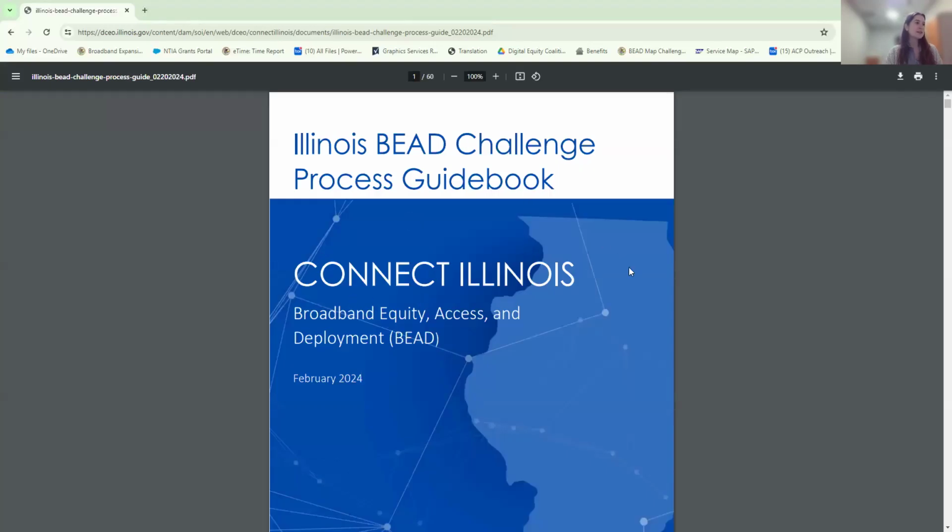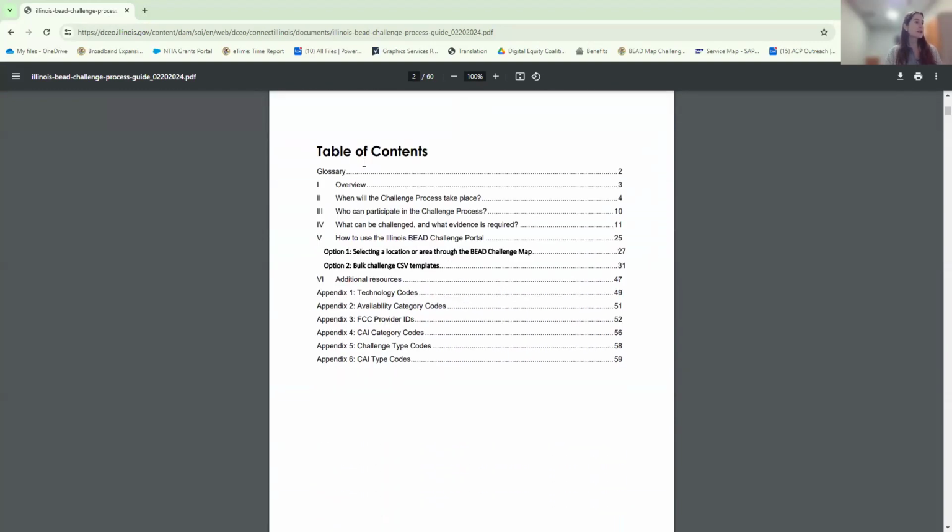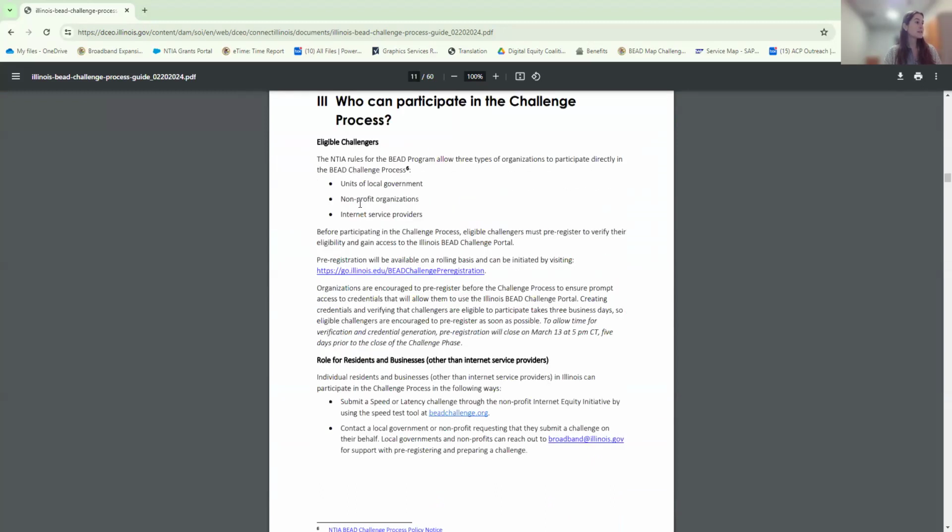So I suggest also printing this out or bookmarking it. It's hopefully an easily navigable resource to just understand what the challenge process is, key dates, and what you need to know and do. So you can click on a link that is of interest, and it'll take you to that section.